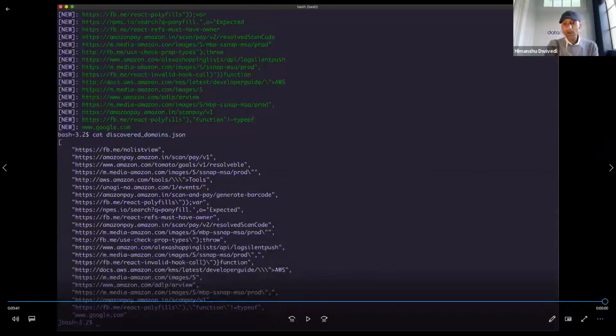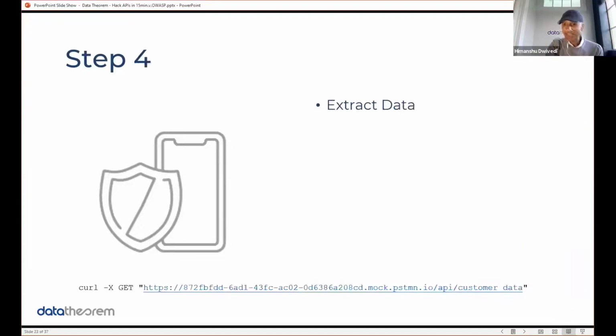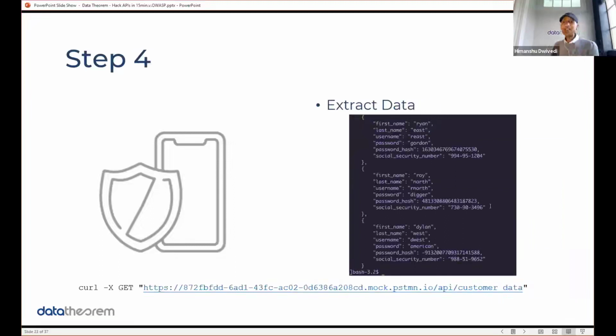All right. So at this point, all you have to do is connect to the APIs. Now, this is the sample part. The next part I'm showing you is all sample. It has nothing to do with the Amazon app, but this is the type of data those hackers were getting in 2019 and 2020: first name, last name, username, password hash, social security number. All they did is diff the binary, find the new APIs immediately, connect to those new APIs, and bam, they compromised large portions of data.